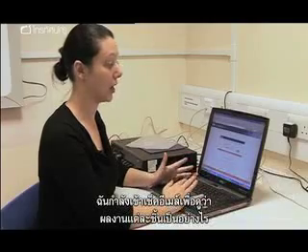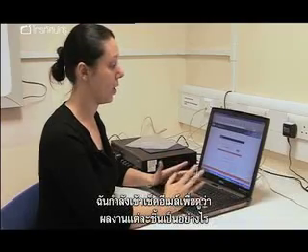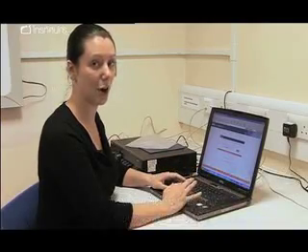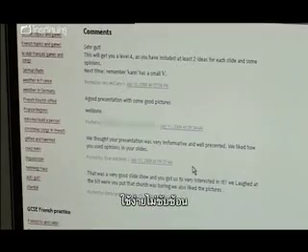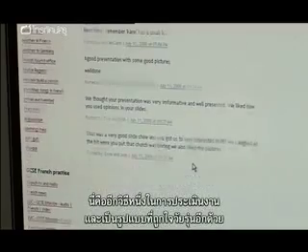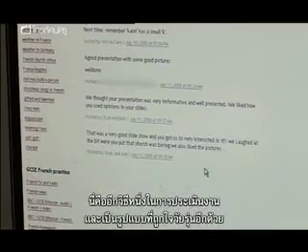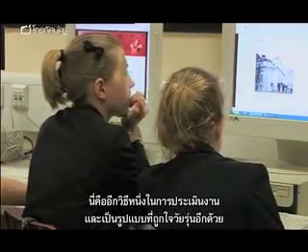I'm going to log in now and check my emails and see what the sort of standard and quality of the work is like, and hopefully be able to upload some of that to the blog straight away. It's quite straightforward to use. So it's just a different way of approaching assessment in, again, a much more teenager-friendly format.